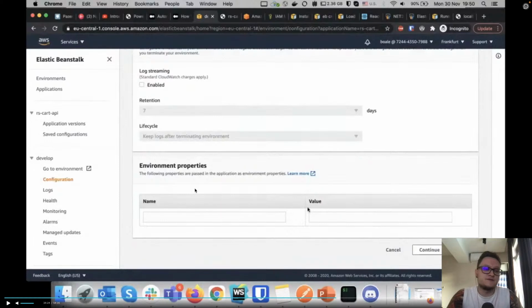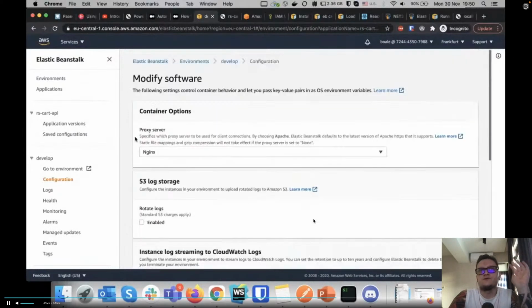We usually store them inside environment variables, .env files. So the configuration tab is actually the .env file for your application.